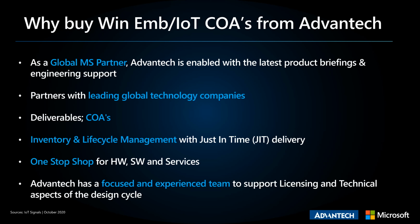Here I want to talk about the deliverables. Some of you may not be familiar with this channel, so you don't know what you actually receive when you actually purchase the licenses. The software itself is an electronic deliverable via a download. You'll have access to a Microsoft portal where you can download the latest ISOs, or OPKs as we call them,